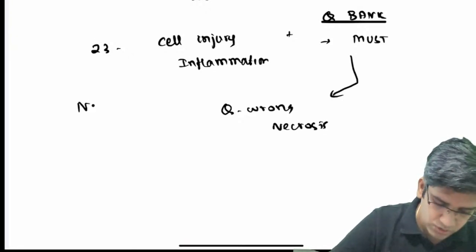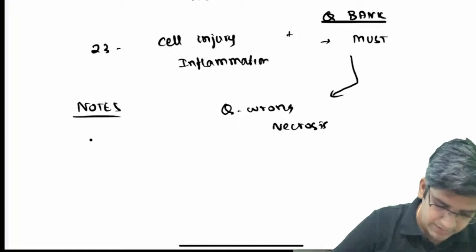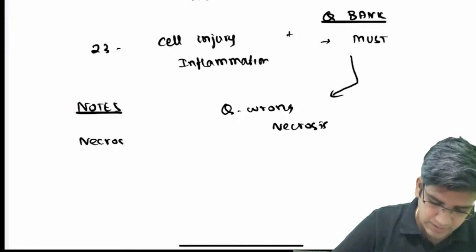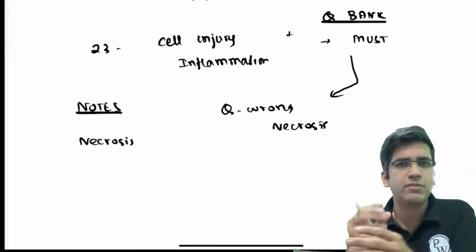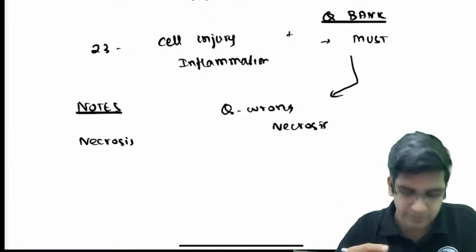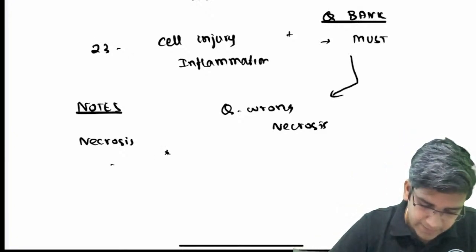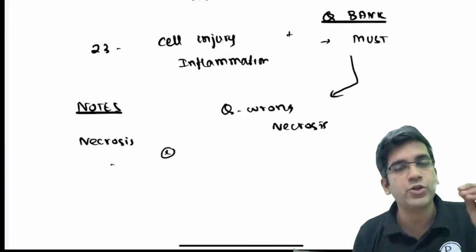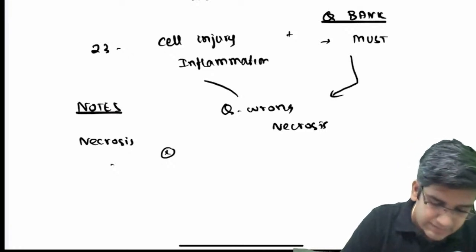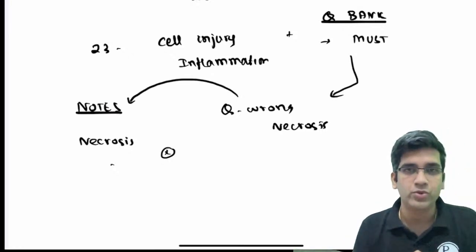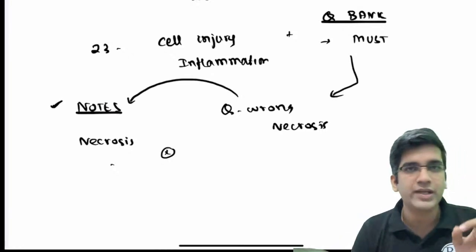So take your notes, whatever you have already had, under the necrosis, maybe marked like "most common cause of necrosis, coagulative." That's wrong. Put a highlighter there, make a red color note that you have made a mistake here. This knowledge should go to your main notes because this is the only source you can revise in the last